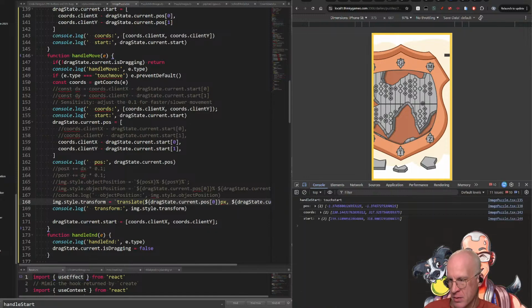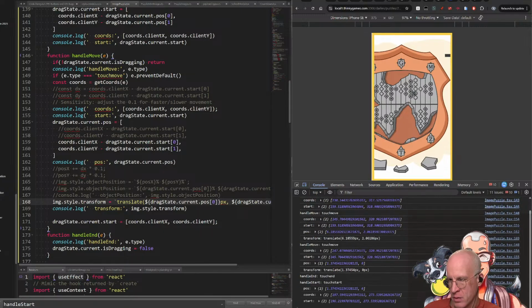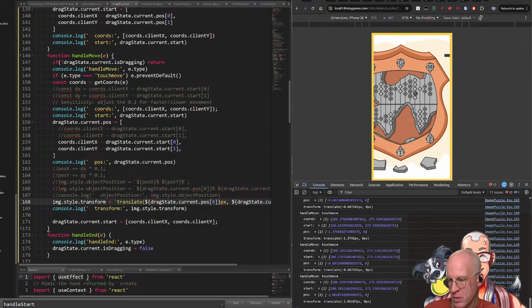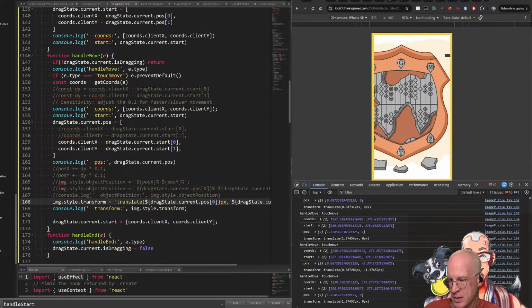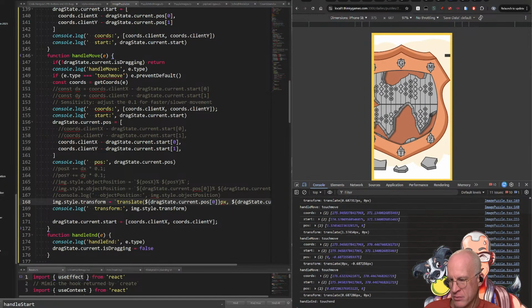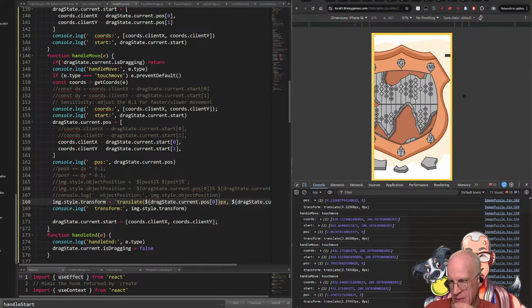So if I grab it and move, grab, move, the transform should be relative to that. But it kind of bounces around. Why? So the position is relative to this, right? And if I do this,